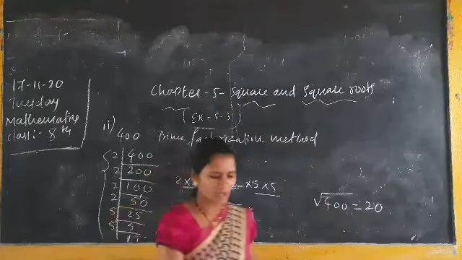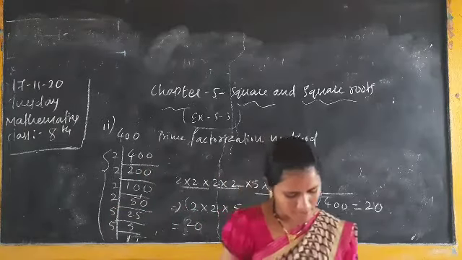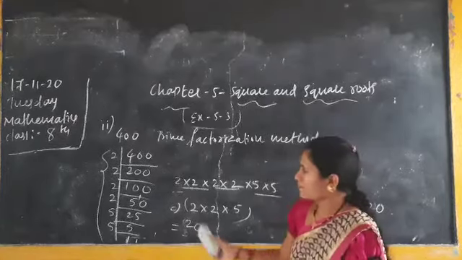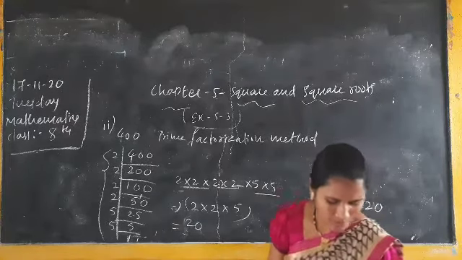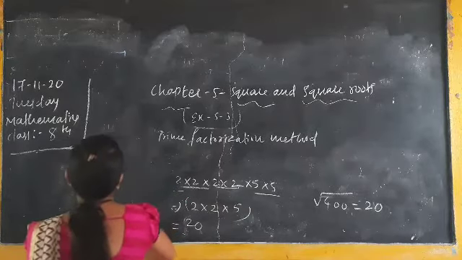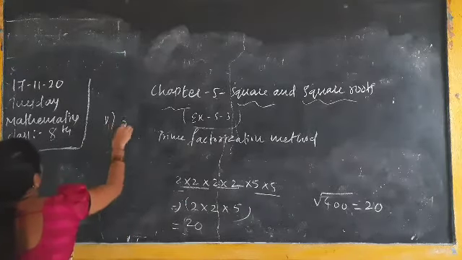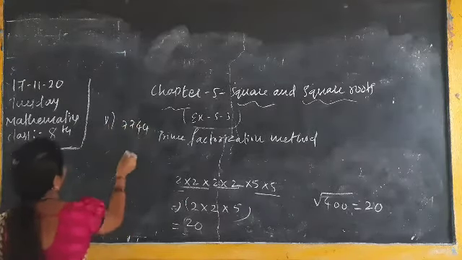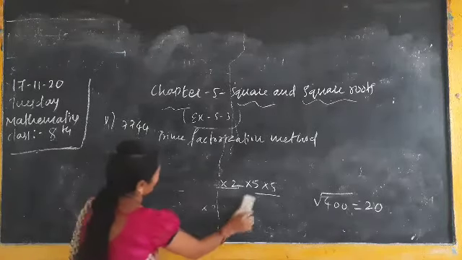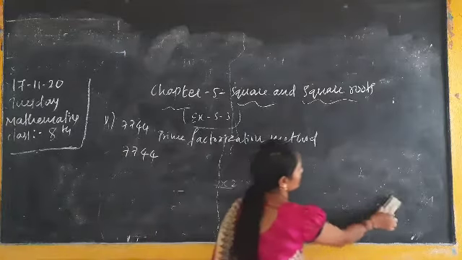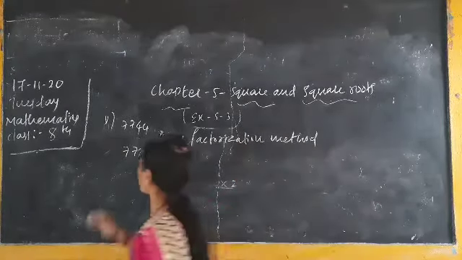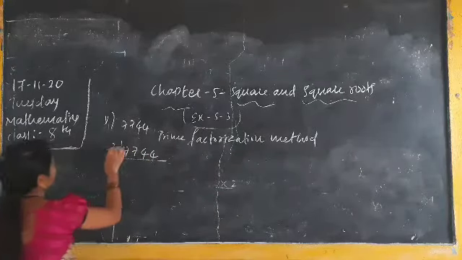Okay. Like that you have to solve. Next I will solve the fifth question, and the remaining you have to do by the same method. In the fifth question, what is there? 7744. Do this method the same. Okay, what are we doing here? I said it is divisible by 2, means take divisible by 2. Otherwise, to solve, take the bigger number. Okay, here what is there?